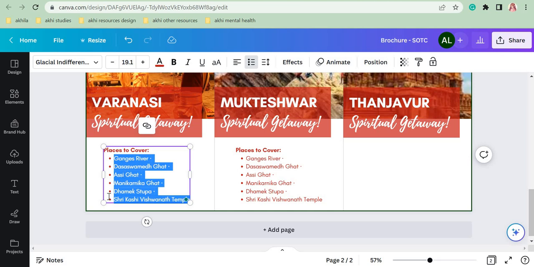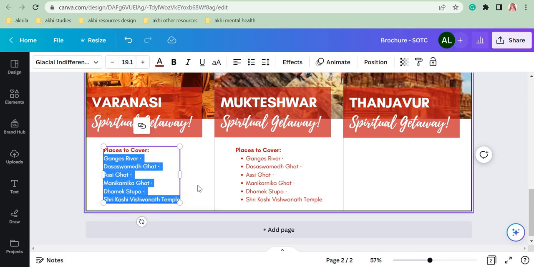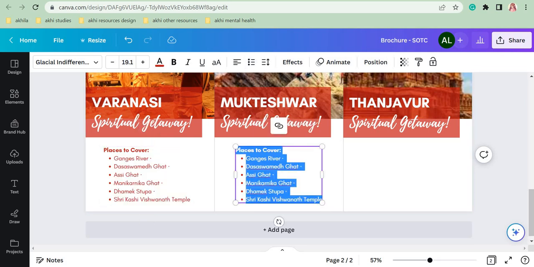Have you seen bullet points in a list? If you have not seen, it's okay, no problem, but you must know that bullet points are like this. People usually put such bullet points when they make a list. So this is a very nice thing. You can also write it as 1 2 3. If you click on that button again, it will come as 1 2 3. If you click on that button again for the third time, it will come back to normal. So I'm clicking on this button once to bring that bullet option.